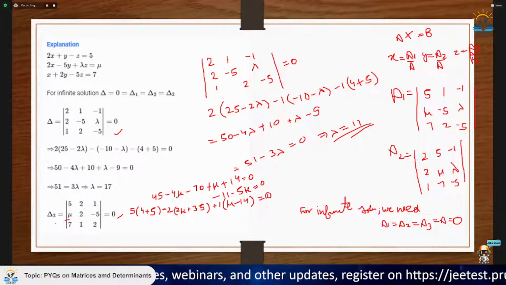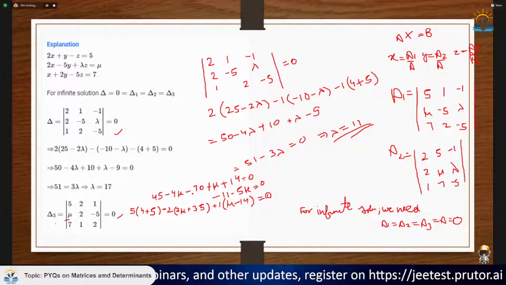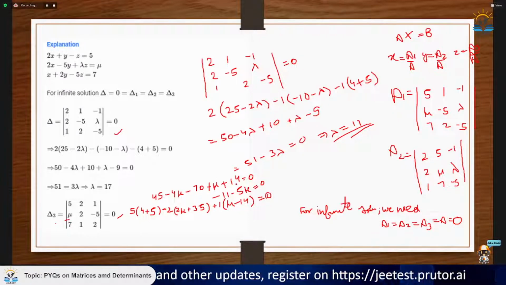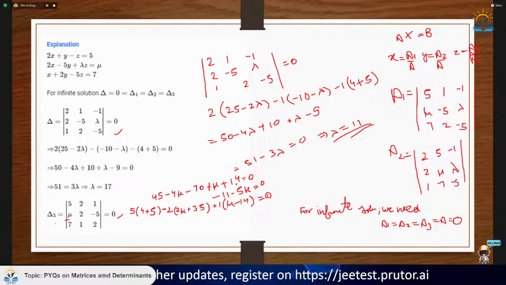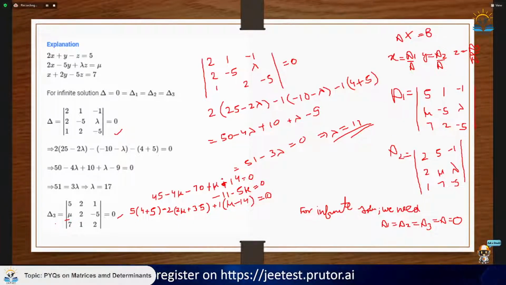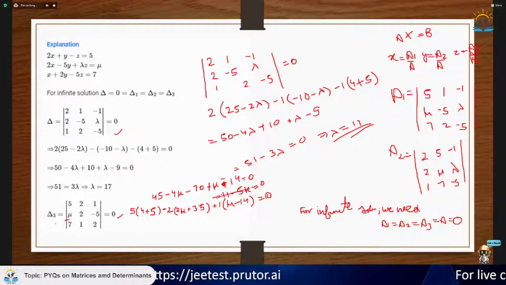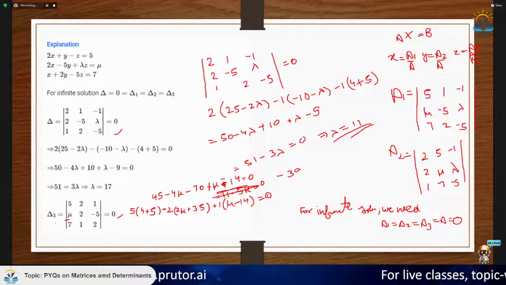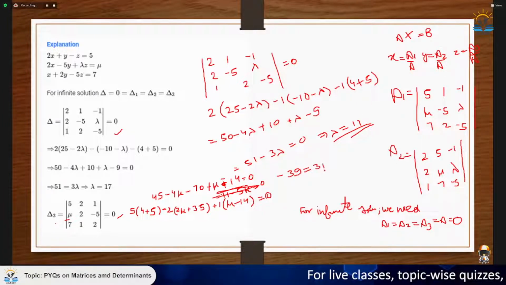So we will get 45 minus 70 minus 25, minus 25 plus 14 would be minus 25 minus 14 would be 35, 39. So minus 39. So it would be minus 39. So minus 39 is equal to 3 mu. And from here you can get the value of mu to be equal to